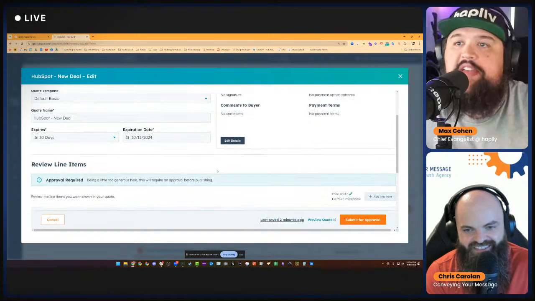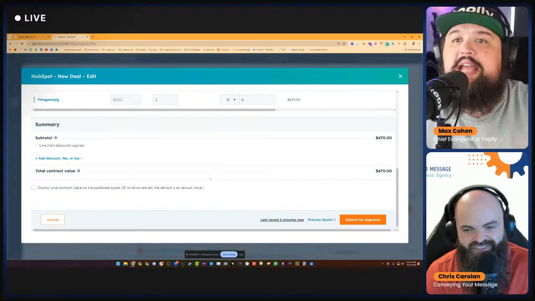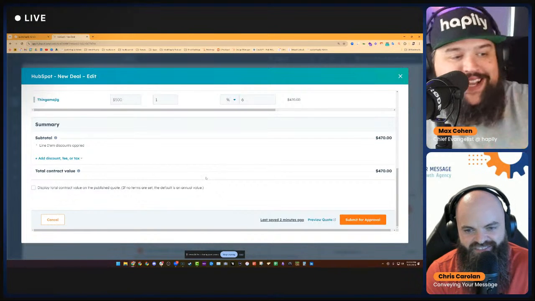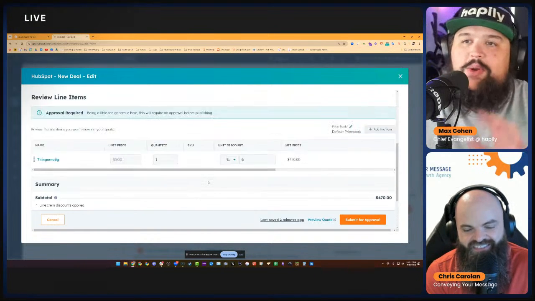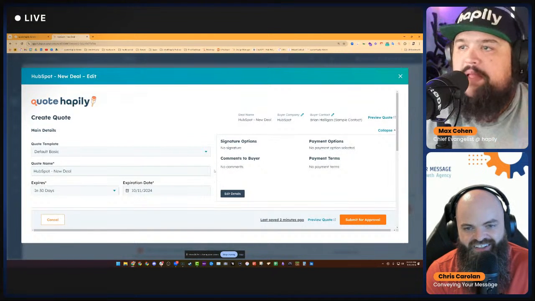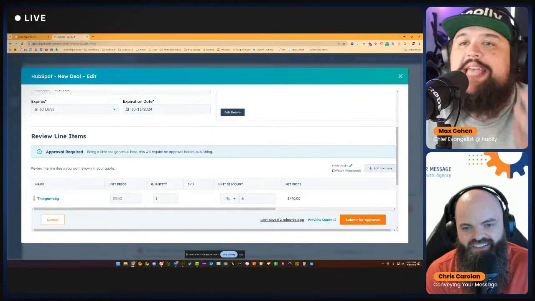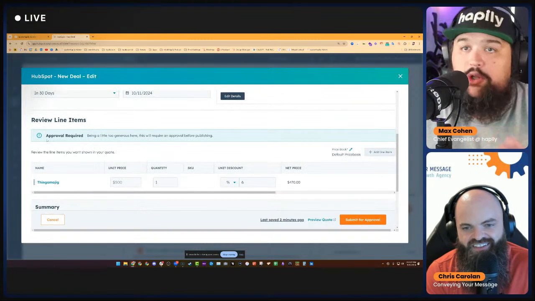We built this interface for you to think, oh, this is just a natural extension of HubSpot, because it is. Everything is going to look like HubSpot and be very familiar. However, everything is right at your fingertips, with added layers of functionality, including the rules.